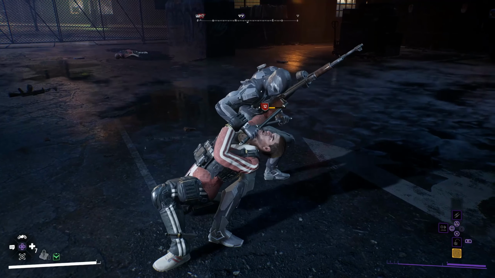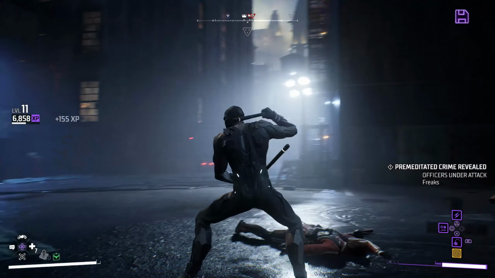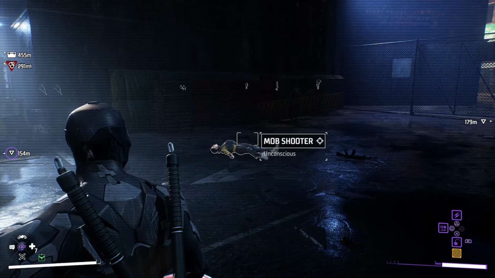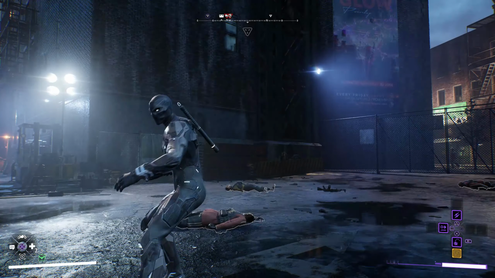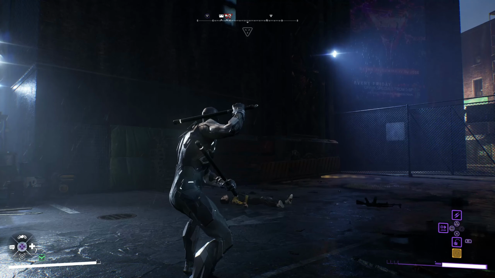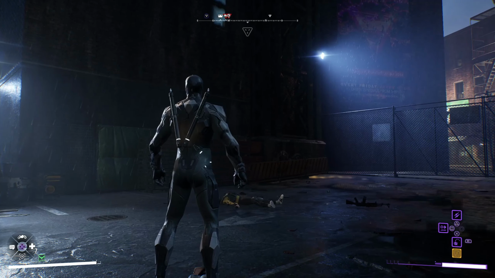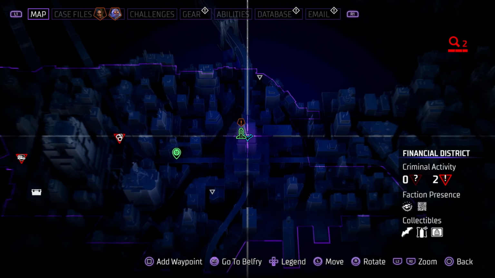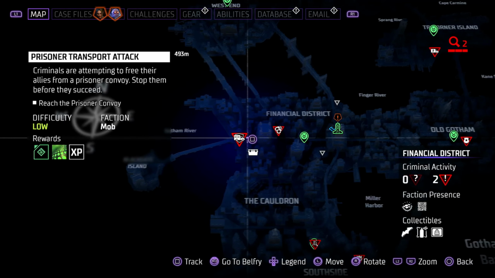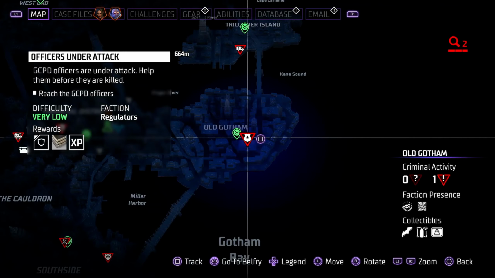Not everybody is going to be able to be interrogated. You can actually scan people when they're alive, that is, and they'll actually tell you if they are an informant or not. I tend not to bother with that. I just drop in and I beat them, and once their health gets a little bit low, I grab them with the trigger button, the R2 button or the RT button, and see if the interrogate prompt shows up. And when you do that and you look at your map, you will end up having 1 or 2 or whatever extra of these crimes that you need to do in order to unlock the